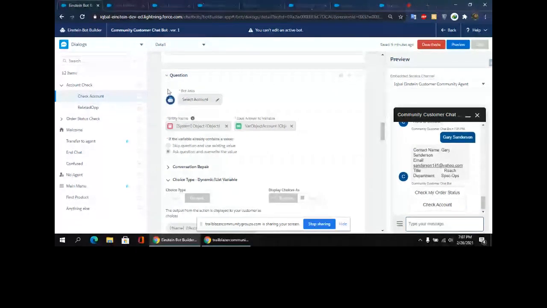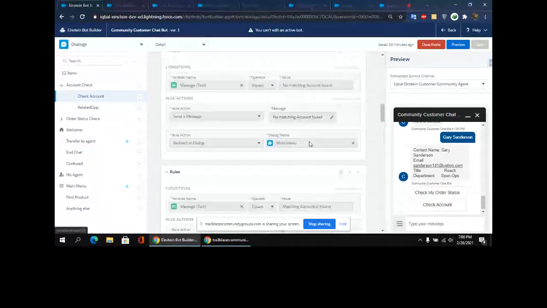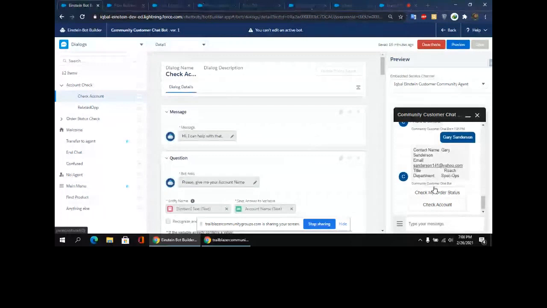Okay. Now, come to this point. This is my check account, and this is the dialog. How does the dialog work? In the dialog, we can show the data and we can take input and do things. And this is the check account dialog. Here, what I have done: